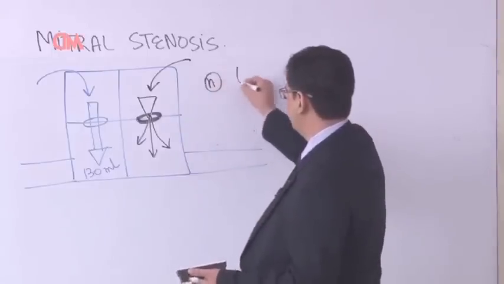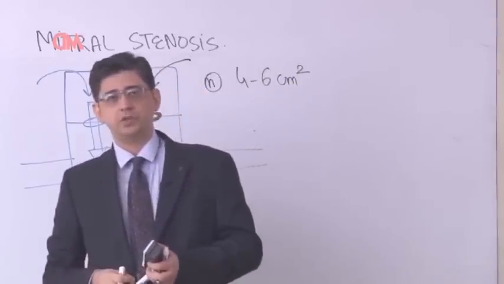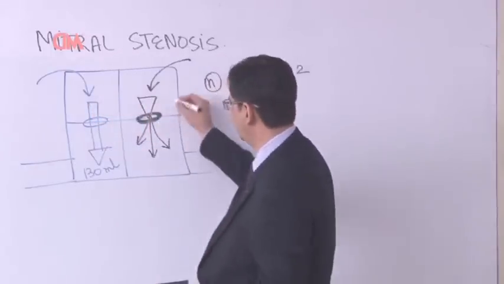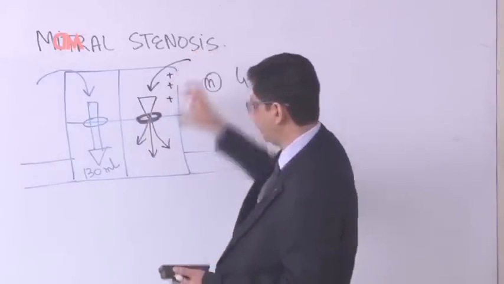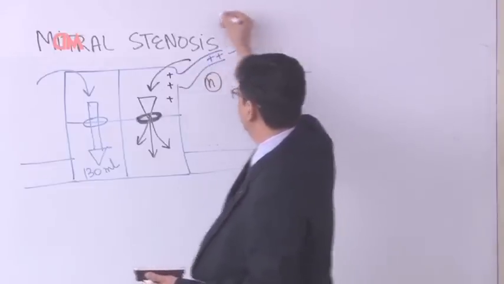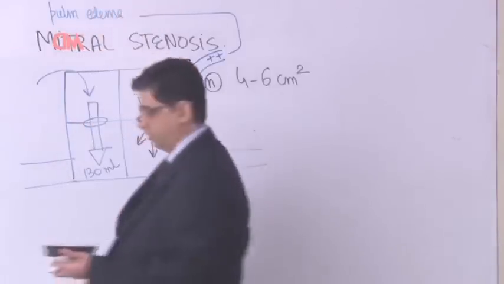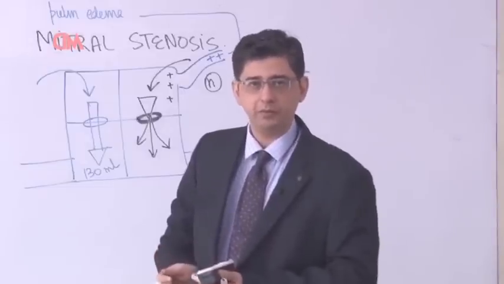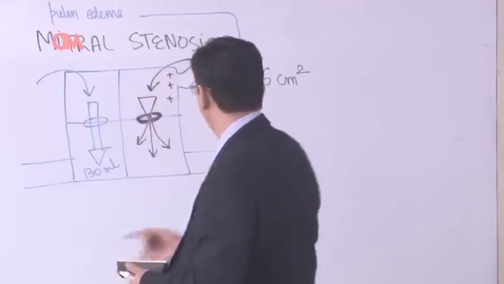Normal size of the mitral valve orifice is 4 to 6 square centimeter. Symptoms will usually begin when the size of the opening will be less than approximately 2 square centimeter. One of the reasons why these patients will come to you will be because of the congestion in the left atrium. This congestion in the left atria will contribute to development of congestion in the pulmonary veins of the patient, and congestion in the pulmonary veins will translate into development of pulmonary edema. Once there is pulmonary edema, the patient will feel breathless, especially at night time, which would be referred to as orthopnea, because there would be difficulty in breathing in a supine position.